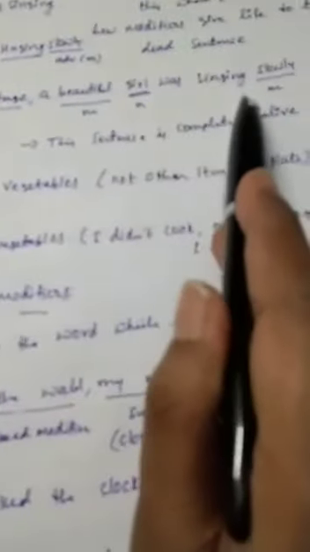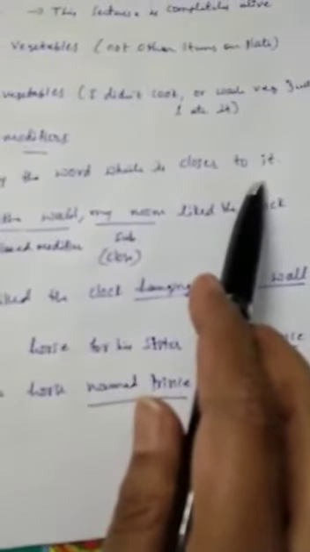And even in the third sentence, standing on the stage is a modifier which is close to the girl as well as singing. So the rule of the modifier is that it modifies the word which is closer to it. Note this point, which is very close to the word.